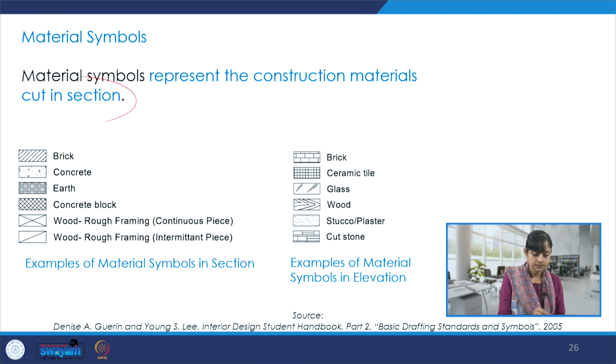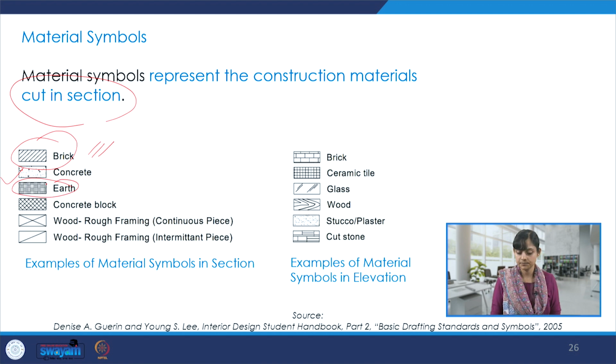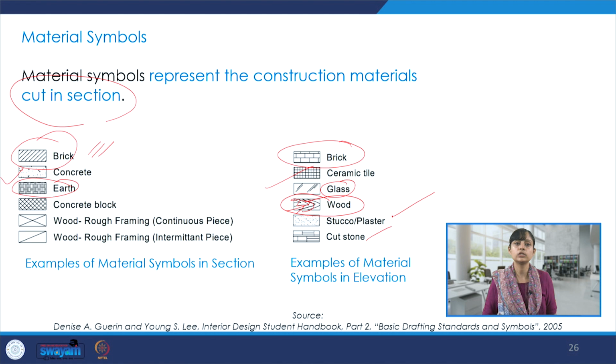So whenever we are cutting a section, we are going to see some material notation in the drawings. For example, a brick could be shown like this. Then there is concrete with dots and small triangles. There is a symbol for earth. Brick could also be shown like this. Then there is a ceramic tile, glass, and this one showing the wood. And for plastering, for stone, for different ways of showing timber, etc. So there's this entire set of symbols that always helps us in representing and communicating our ideas in drawings.